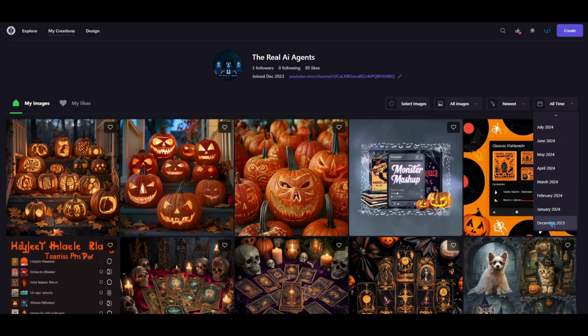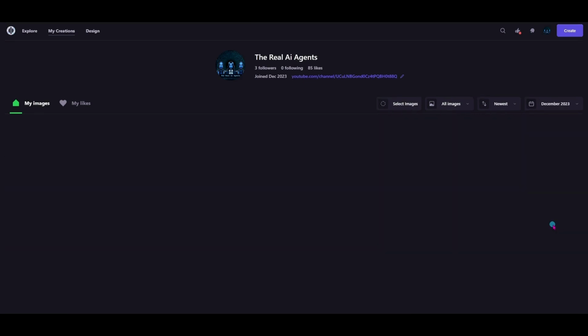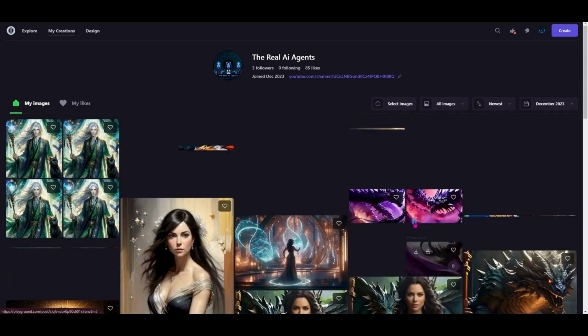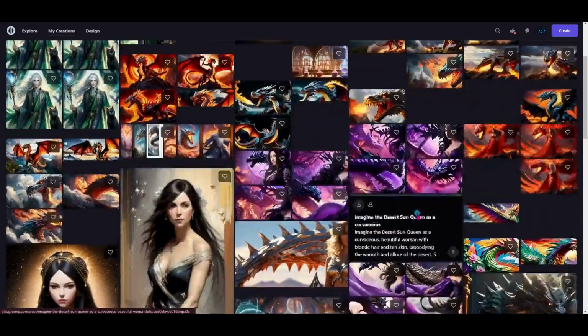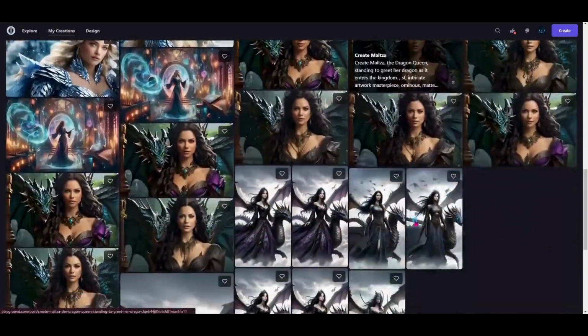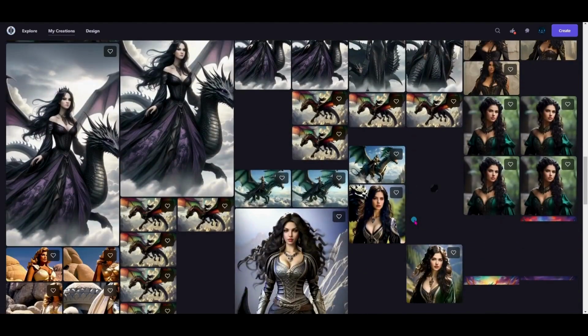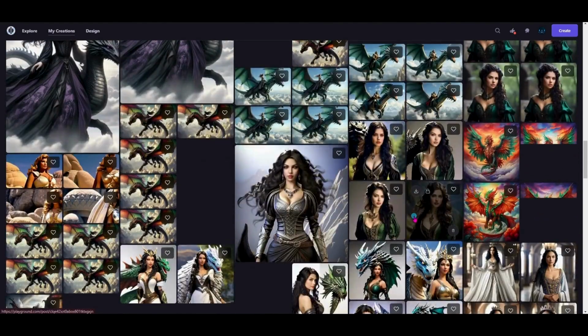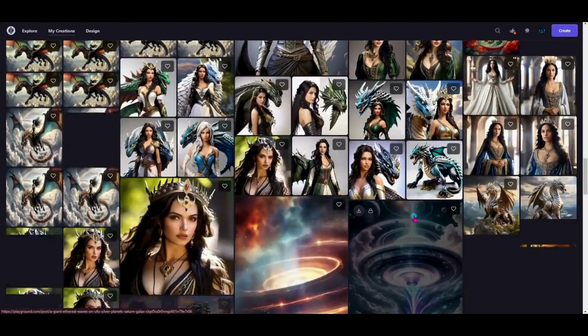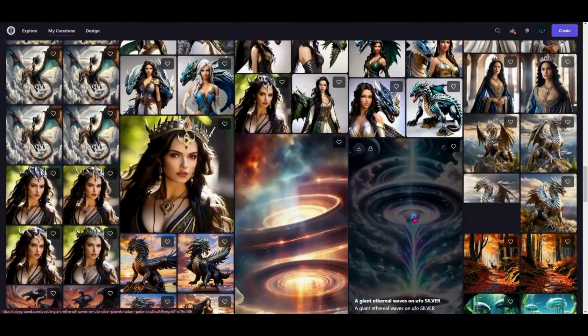So let's say I want to remind myself or compare how the system has grown now versus back in December of 2023. So I could pick December of 2023 and all of my old images that were created in that time frame are going to be in here. So one thing that I like to do is sometimes I'll just go back and find one of the prompts that I actually really liked. So for instance,